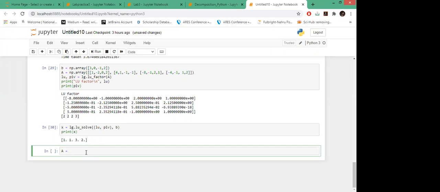So how we can use this to find the inverse of A? For that, what your B vector should be, instead of taking any B vector, to get the first column of the inverse of A, we will be using the B vector as a first column of the identity matrix.